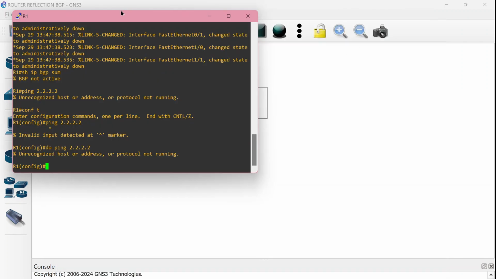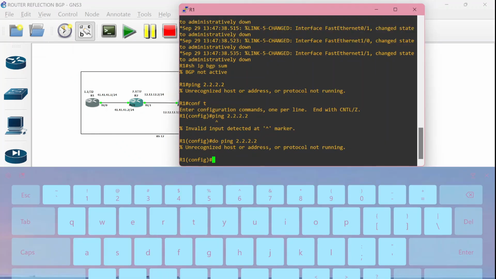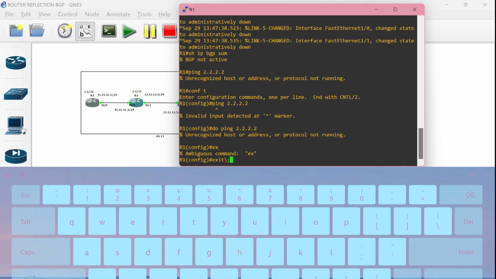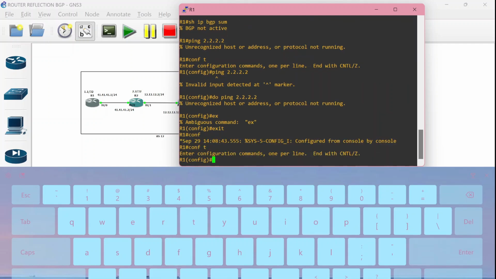I make four routers because here I want to use four routers. And for the first, don't forget to configure terminal, enter the config mode, and don't forget to turn on the port.